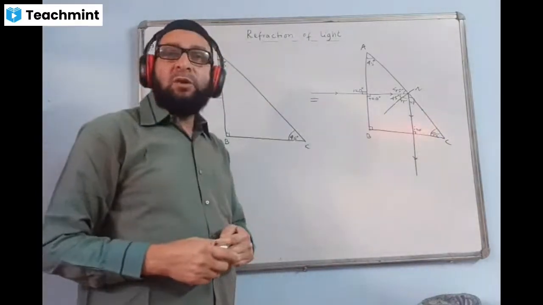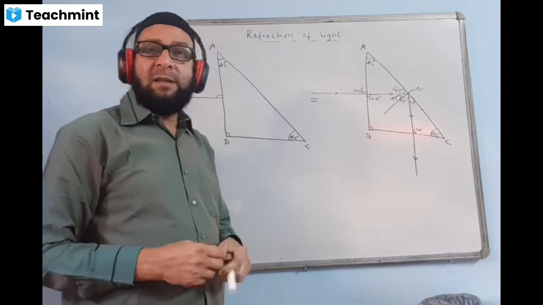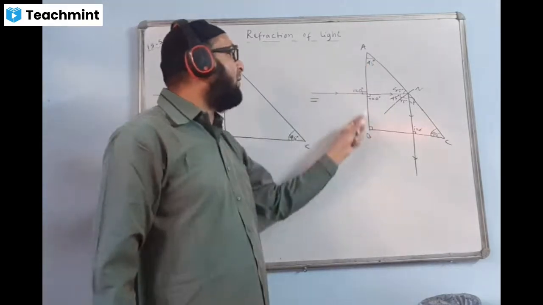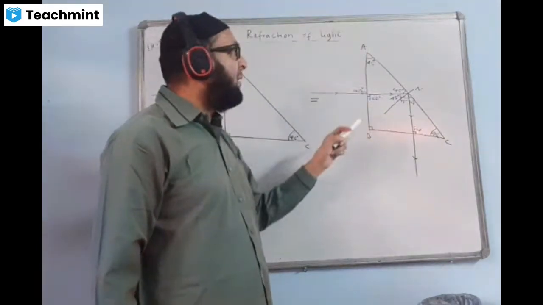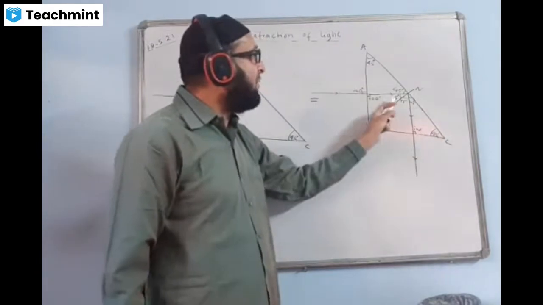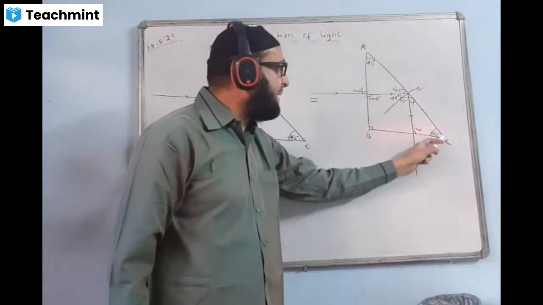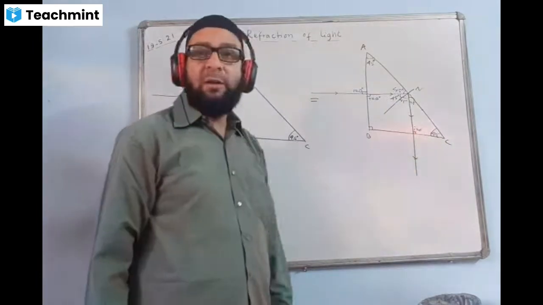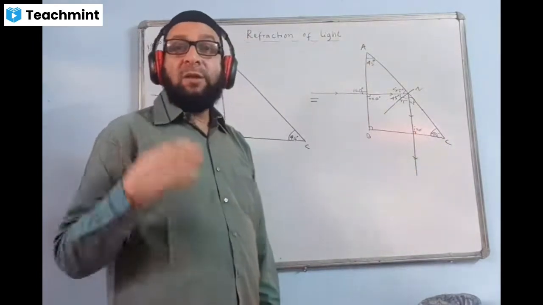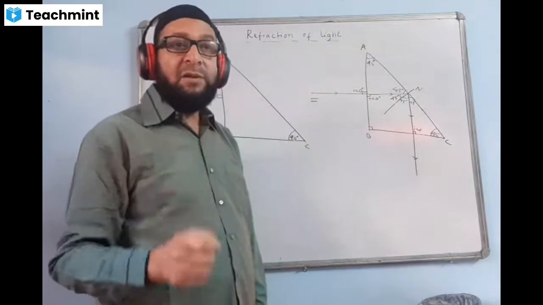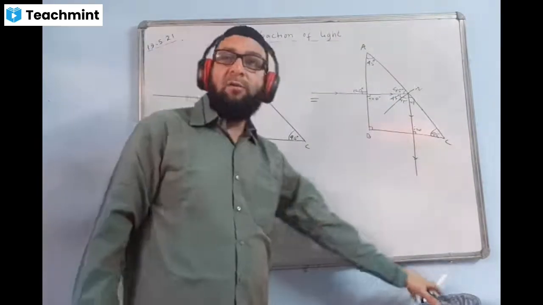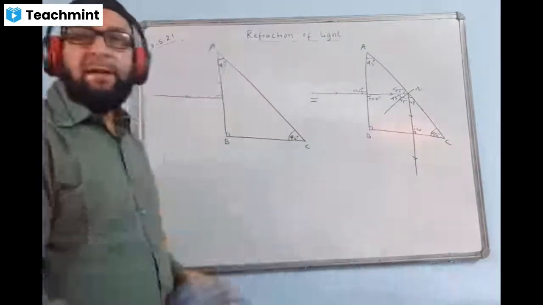By chance, if they ask the question of what is the angle of incidence for the face AB, you say 0 degree. For the face AC, what is the angle of incidence? 45 degree. And for the face BC, it is i equal to 0 degree. If the question demands you to write down the angle of incidence for the surfaces or for the faces, we'll be writing the answer like that.